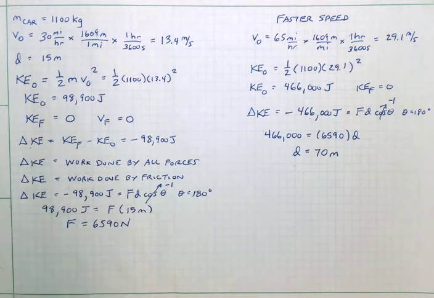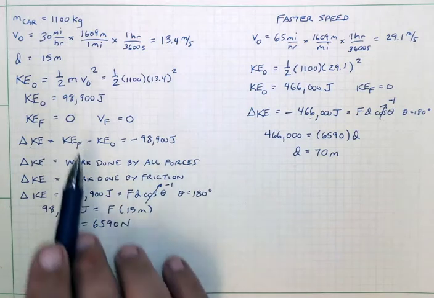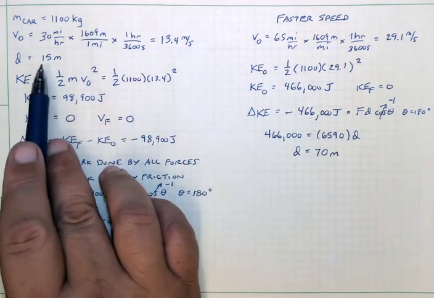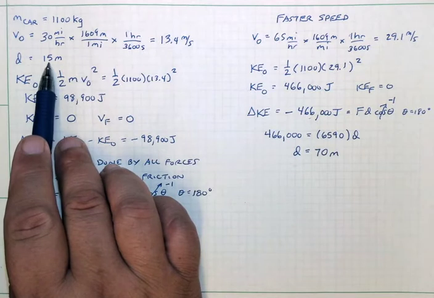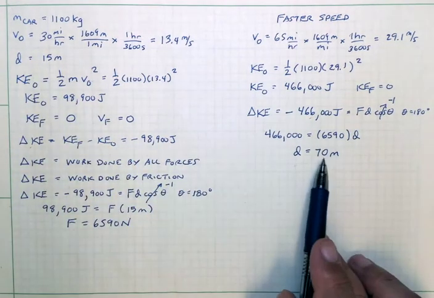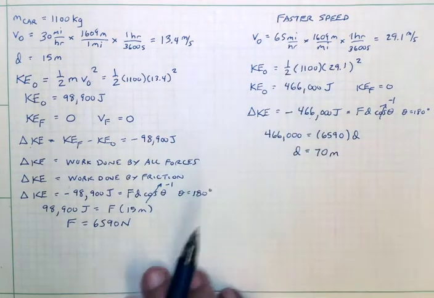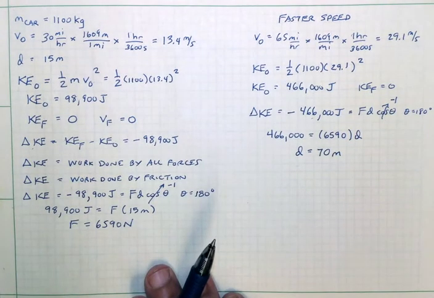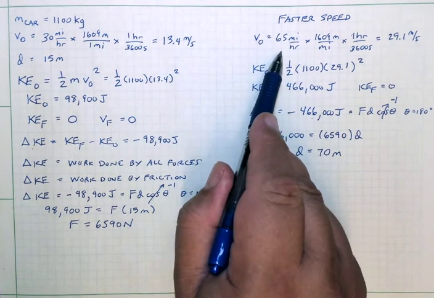Let me point out that this is just the braking distance. This is assuming an automatic reaction by the driver and an automatic reaction by the braking system. In reality, it would take time for the driver to react and time for the braking system to react, and that would only add to these distances. So this is merely the distance during which the brakes are applied. The total stopping distance will be longer than 15 meters for 30 miles per hour and longer than 70 meters for 65 miles per hour. But the general idea here is that a greater velocity